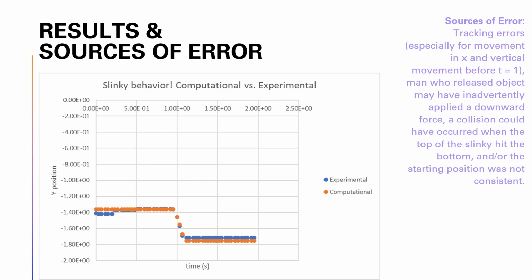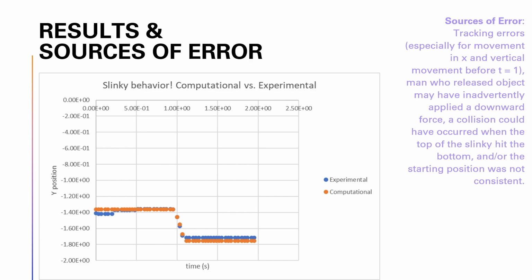However, you can see by movement that the experimental and computational models largely mirror each other, with tension and weight causing static equilibrium until slightly before t equals 1, and then the top of the slinky hits the bottom of the slinky, and then you have drag and weight force, where weight force overrides drag, causing downward motion until the slinky hits the ground. So the possible sources of error here are tracking errors, which I talked about, and then